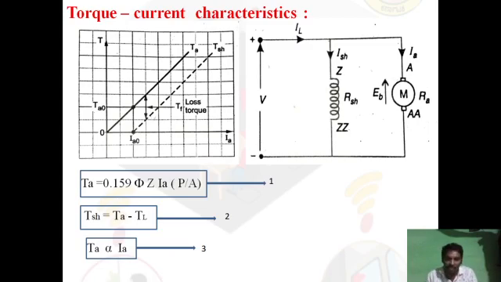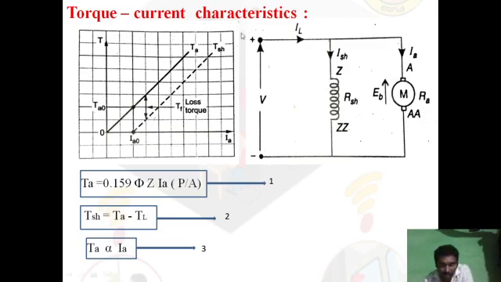All the torque developed at the armature is not available at the shaft. Some amount of torque is lost. Whatever torque is developed at the armature is called the gross torque or armature torque. Some amount of torque is lost due to the losses, which are the stray losses: friction, windage, and iron losses. If you remove that from the gross torque, then whatever torque we get is called the shaft torque, TSH. That is the torque which is available at the load to do the useful work.